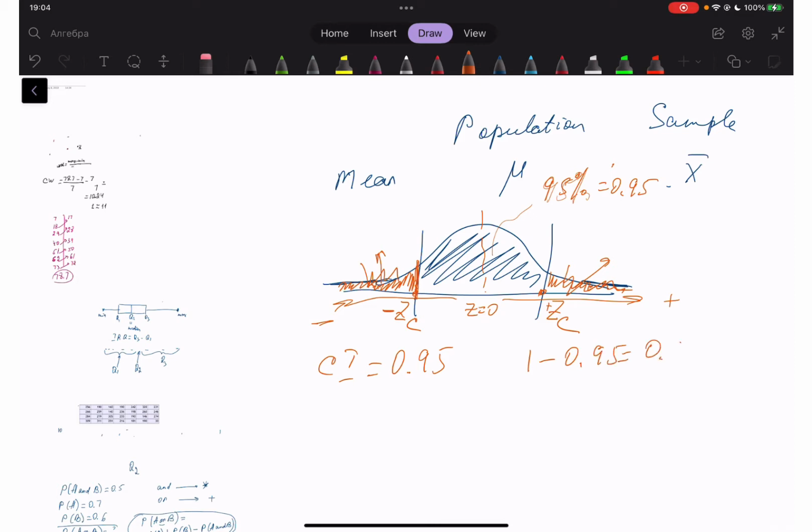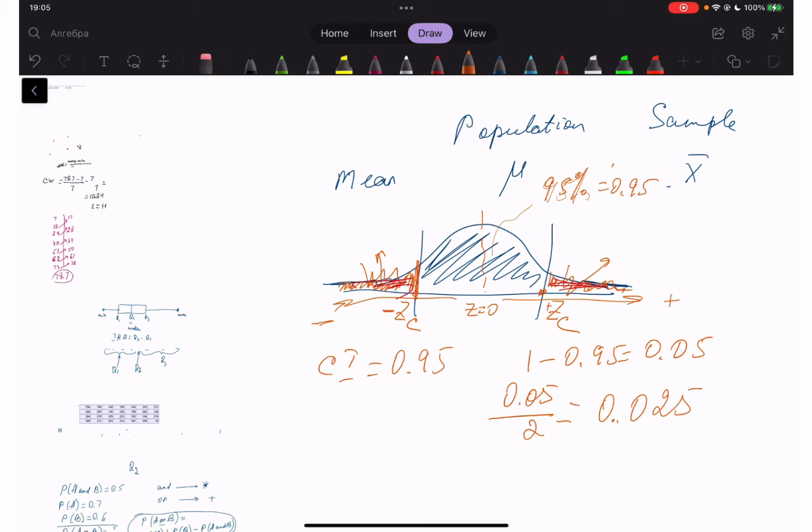It's going to be 0.05. But we need it for one tail only, either for this one or for this one. So if we divide by 2, 0.05 divided by 2, I'm getting only for one,